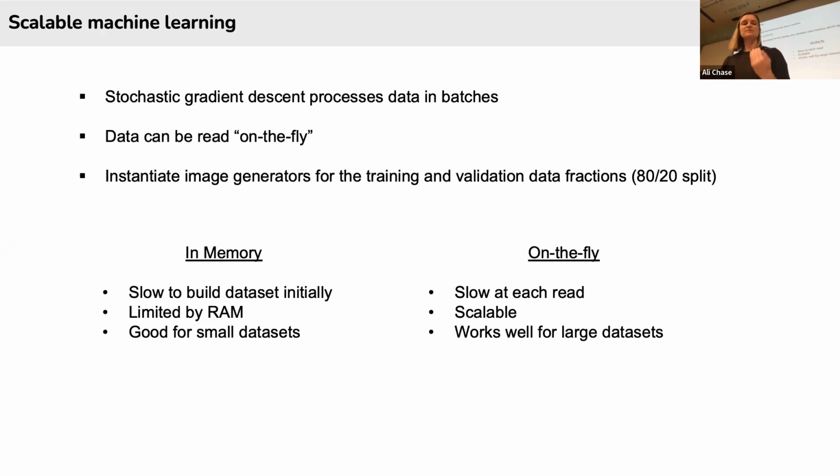So just something to think about when you're handling data such as these millions of images. Do you want to have them all in memory, processed and ready to go, or sort of point at them with, in our case, that's what I refer to when I say instantiate an image generator. So we sort of defined within the code the pre-processing functions and the neural network functions that would be pointing at the data. We used an 80-20 split, so 80% of our labeled data for the training and 20% for the validation.